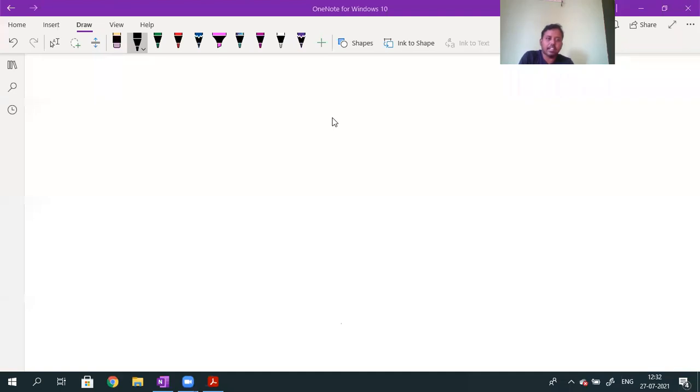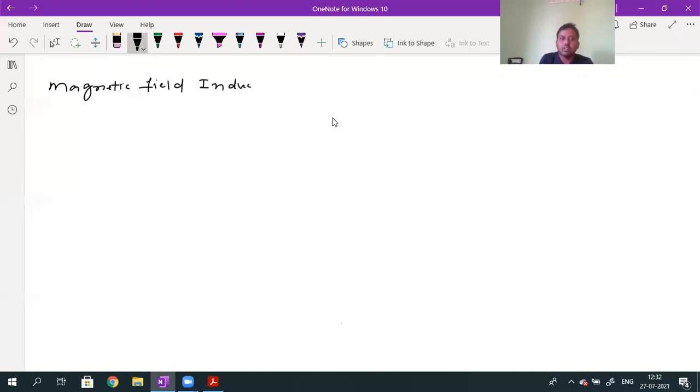So yesterday, what is the meaning of magnetic field induction? Magnetic field induction or magnetic flux density? Definition already we discussed. Magnetic field induction is also called as magnetic flux density. What is the symbol for this magnetic field induction? The symbol is B bar. Yesterday, someone was asking the definition. Okay, Nara? What is the magnetic field induction definition? Though we have discussed this.